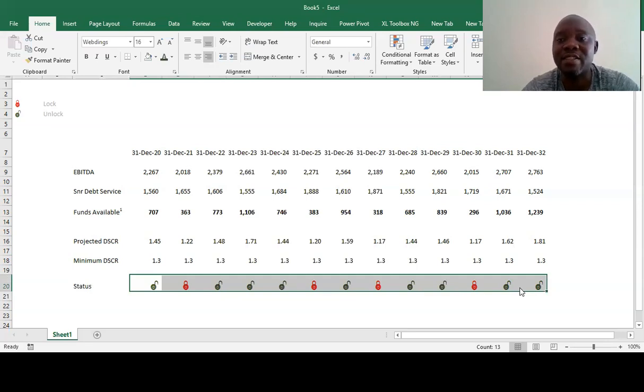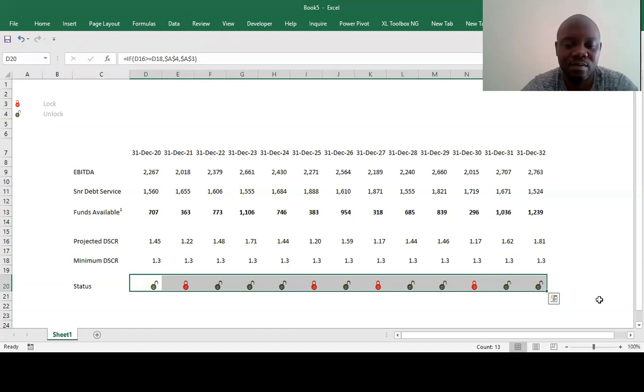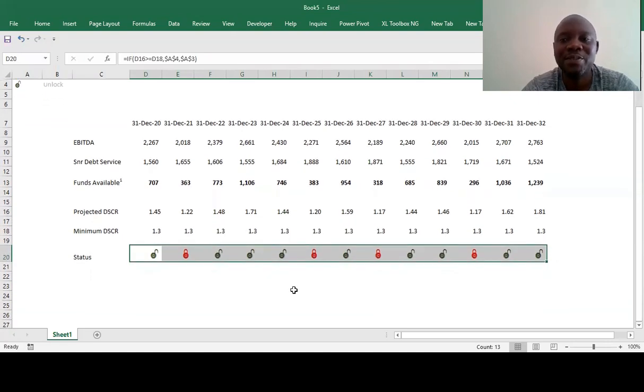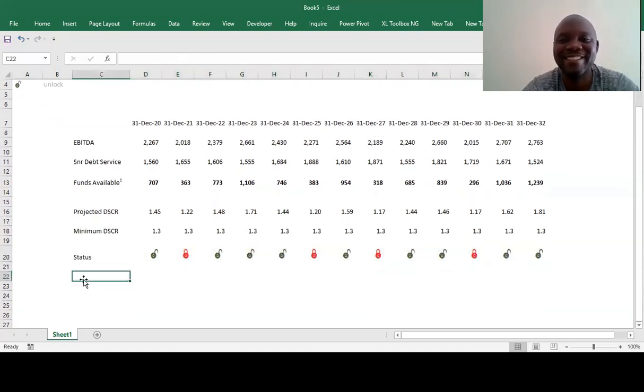You can start paying your dividends to your equity shareholders. But in the meantime, okay, we're almost there. So this is the concept here.